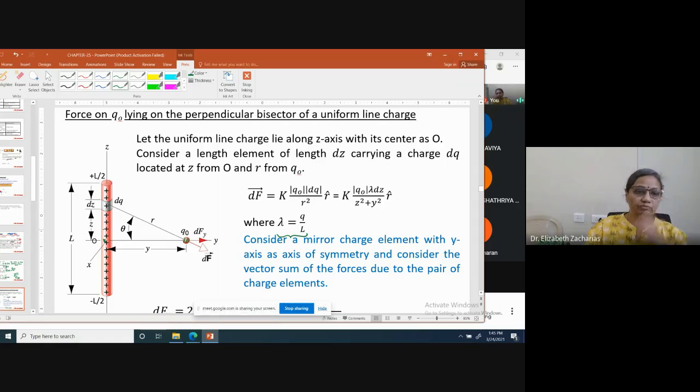Okay, so what I will do is we have to use the method of calculus. So first, at a distance z from the origin, we take a small length element of length dz carrying a charge dq. So immediately you can tell me how to write dq in terms of dz. dq will be equal to,